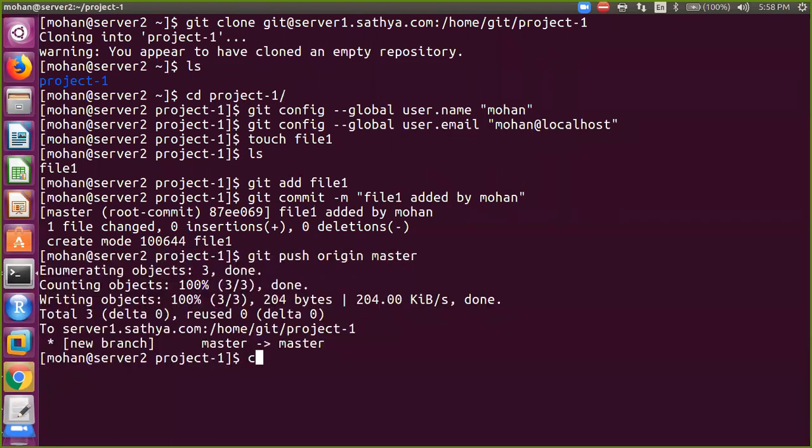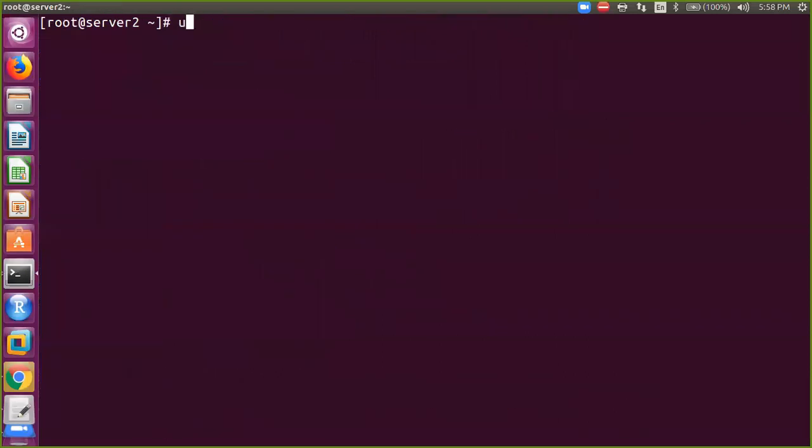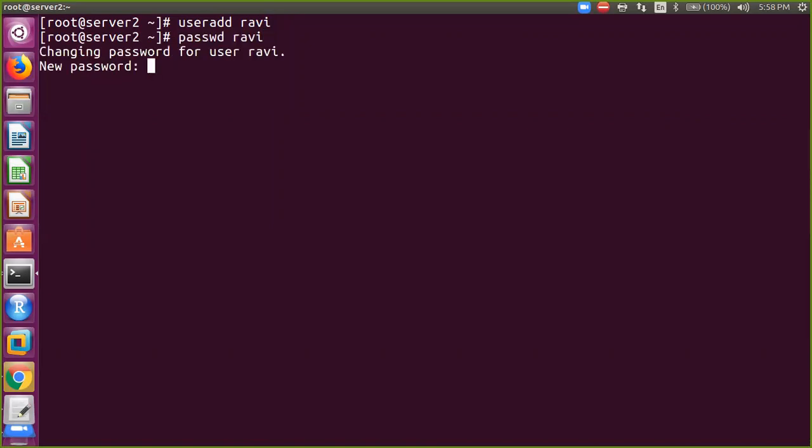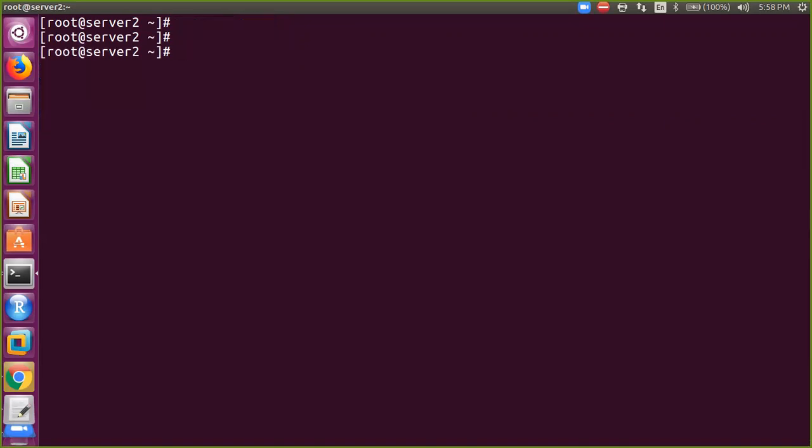Now let's switch as user root and create one user account: useradd Ravi. Assume that I'm doing it on a different server. One more developer has joined my organization with the name Ravi, so from now onwards, Ravi is also responsible to work on this current project.